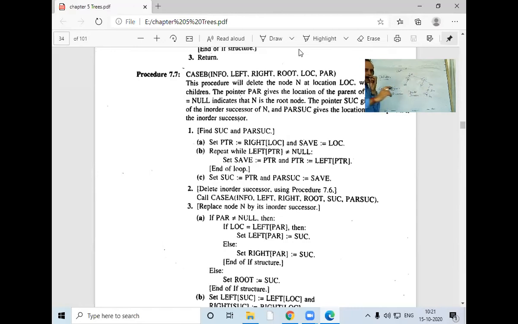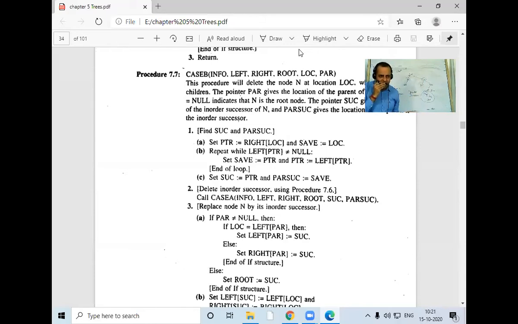And see the C step of the first step. This pointer node will become my successor node. Yes or no? Now I have to delete this 46 from here so that I can bring this 46 here. So 46 is a node with how many children? Null child, zero. So it is case A. See the second step. Call it case A.